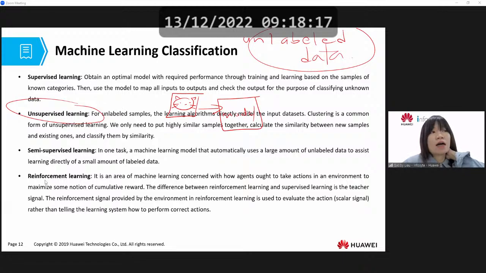Right? So let's say now we want to train this model to be able to differentiate between different animals. So we just need to fit these different animal images to the model. What the model will do is try to look into the features of the animal in the input data. It will try to observe the features. And after it has observed and learned the features, it will put this training data into one category. For example, okay, this is